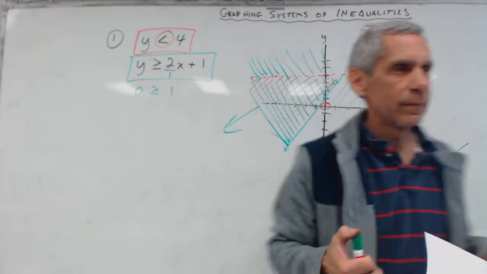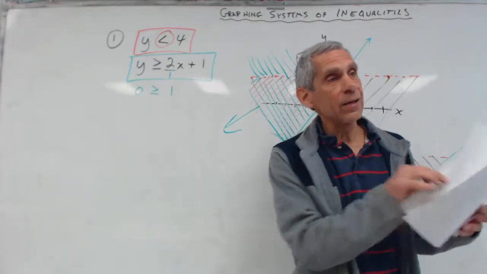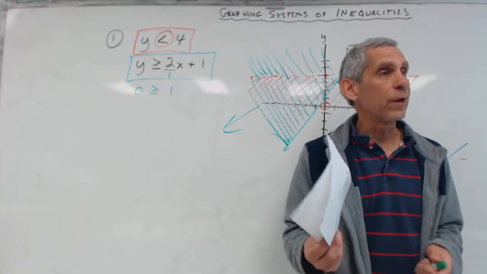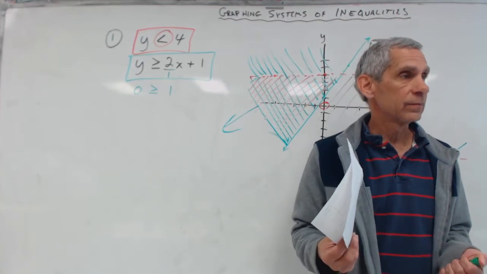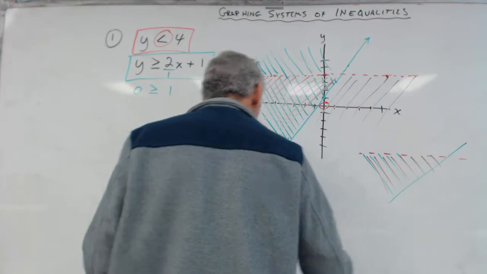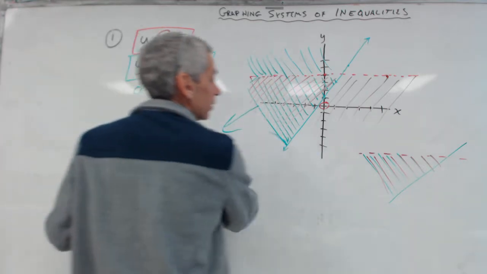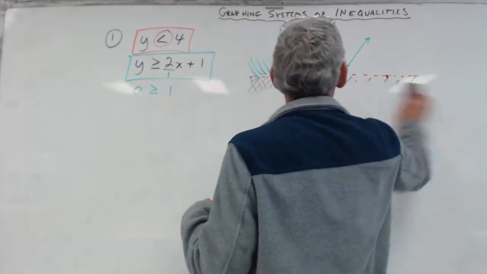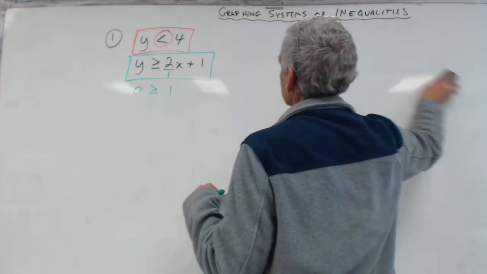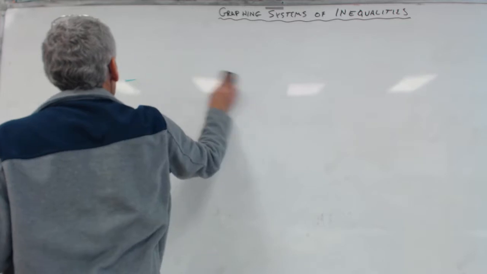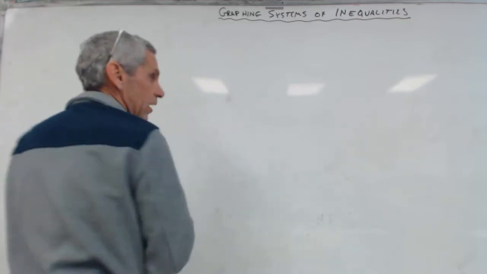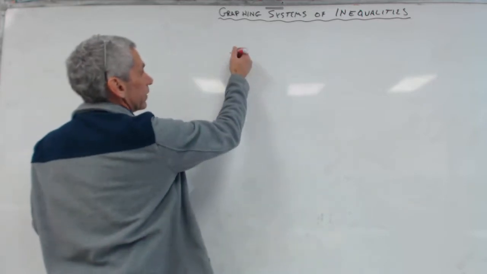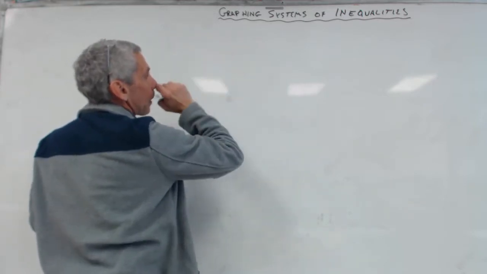Does that make sense? Okay, now the second homework sheet is talking in particular about parallel lines. But we're talking about systems of equations still, or systems of inequalities. But I didn't really talk about this with systems of equations. But what if I did this? What if I gave you,